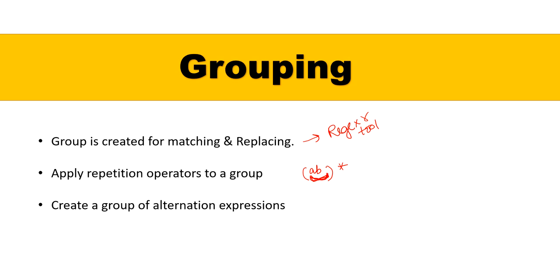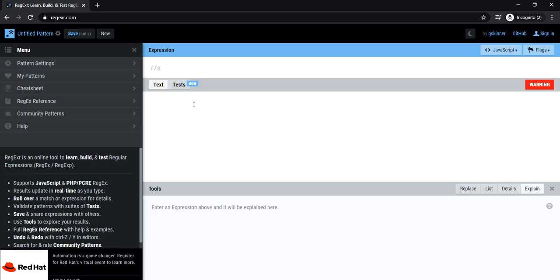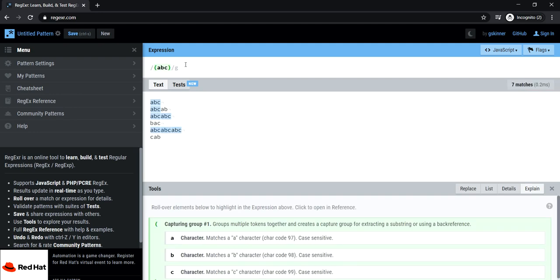So if we take the literal characters, let's say ABC, ABC, AB, ABC, ABC, then BAC, ABC, ABC, ABC. Let's take CAB also. And here I'll take ABC in a group. So here we can make a group using parentheses.